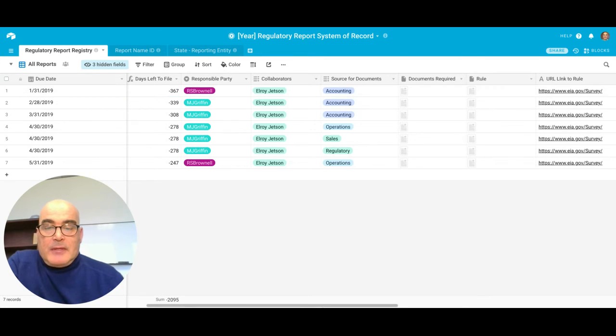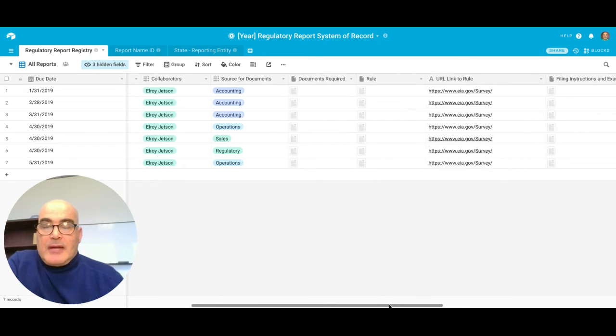So you basically make sure that you have all your team members who also have access to this table and database here to be held accountable for their production of information that's needed by the point person who's going to do the filing. Here you would have an attachment field for documents that are required for the filing,